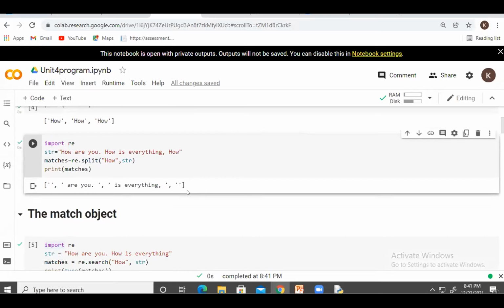So, okay. All of you see here my screen. Here I will perform the split operation. Just you have to see here. You have to just change the word. Here is the word that we have to provide to split. Nothing will be there at the place of how; it will print the comma symbol. Here the how word is there, and then here the how word is there, and here the how word is there. So it will be the split operation. Means it will split the string that you pass as the value in your program.